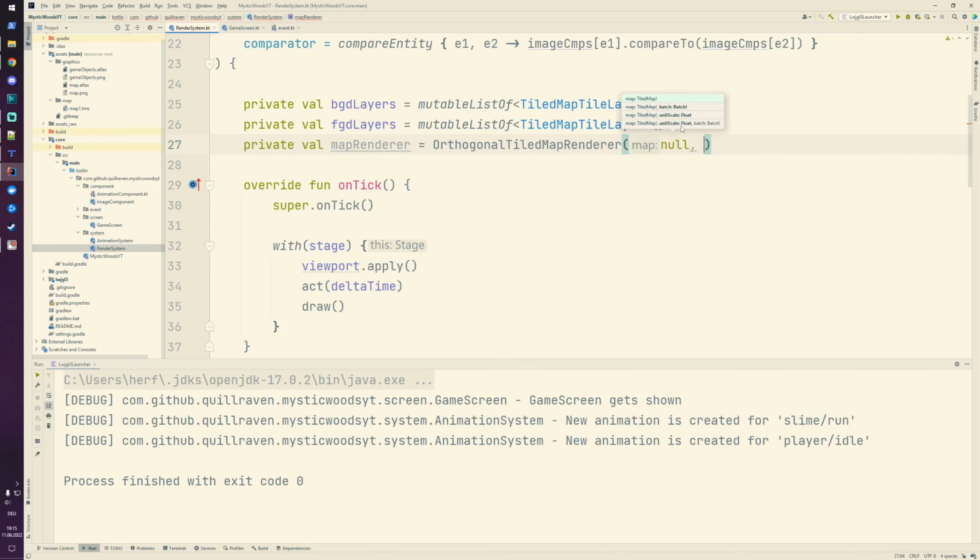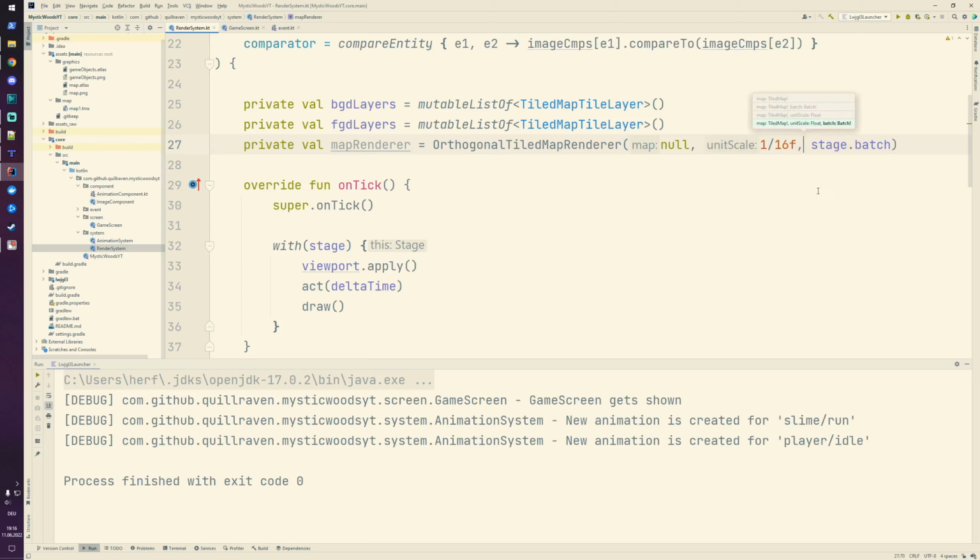And the sprite batch that we are going to use is the sprite batch from our stage, so that we can reuse that. And as you notice, there's also a unit scale in it, which we are going to use, because that one is scaling down the map, which is usually rendered again in pixels. But we, as you know it from the previous part, we are working in our game world units. And there, usually I take the unit scale according to the tile size of my map. So since we have a 16 by 16 tile size, our unit scale will be